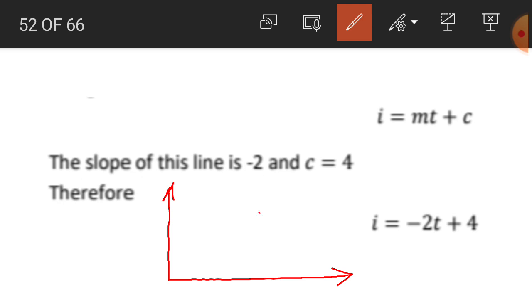You see, the current is decreasing from 2 to 0. We have got time over here and we have got the current over here. So you see, at this particular point the current is 2 ampere, and at this particular point